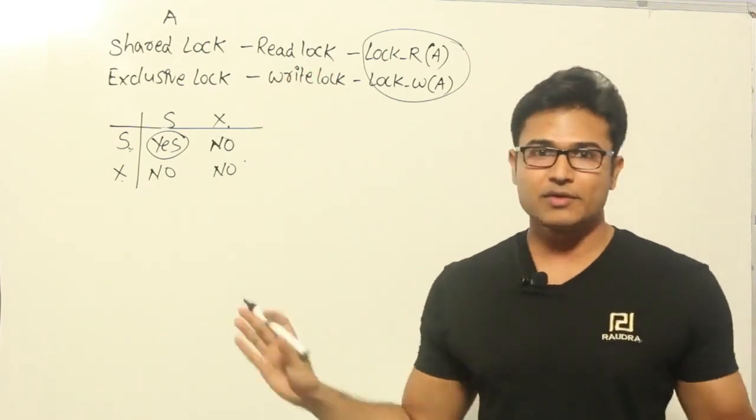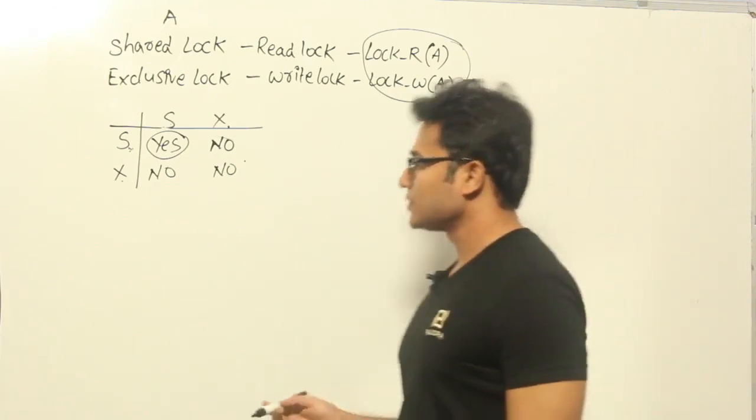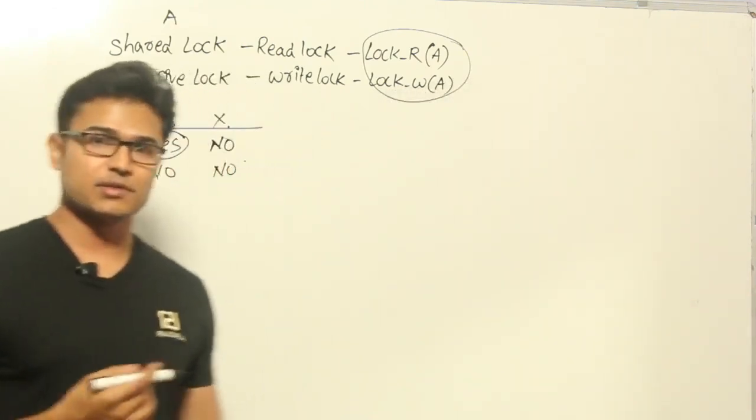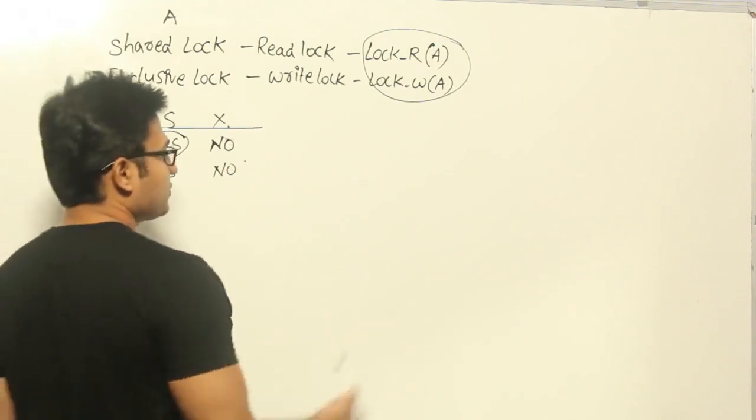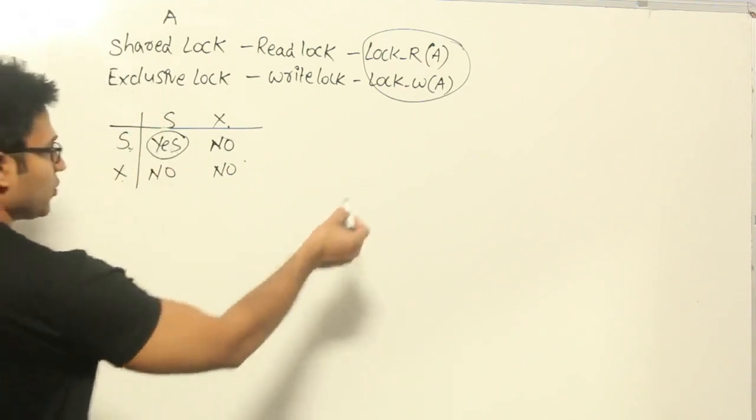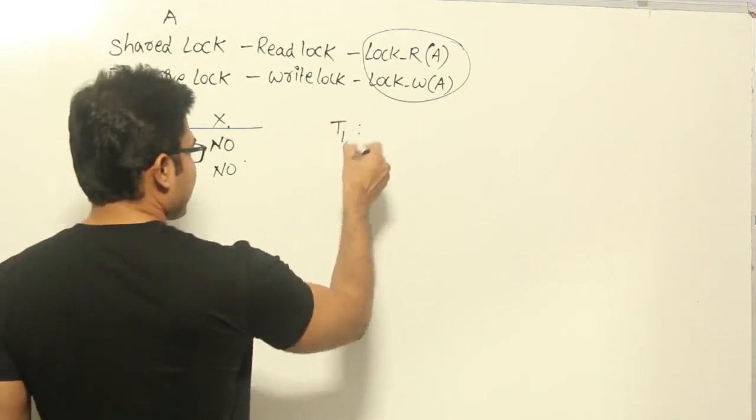In simple locking we don't have anything else, right? Now what are the problems with simple locking? Why do we need more features in simple locking? I'll take an example and explain. Let us assume that we have two transactions, T1 and T2,